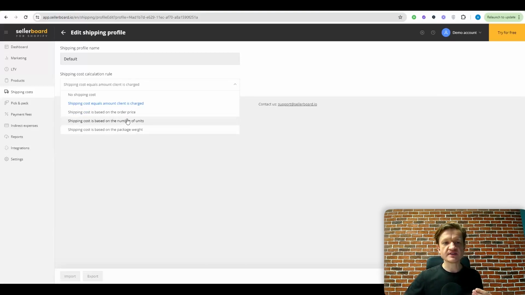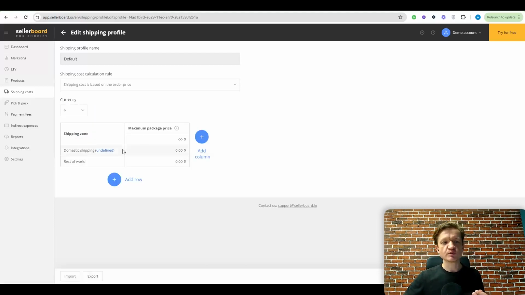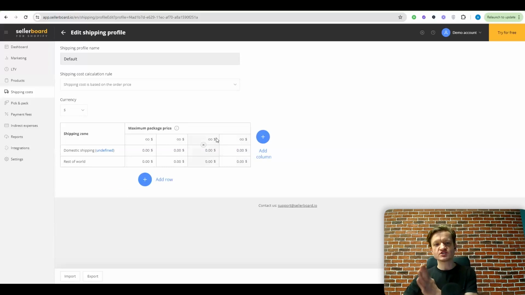If you choose one of these three options down here, then you will be presented with a grid that gives you two options, a value for domestic shipping and a value for the rest of the world. Then you just create as many variations as you want.